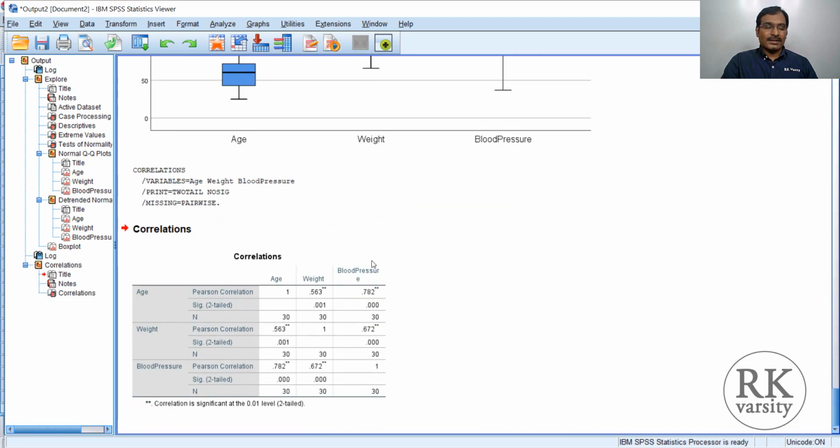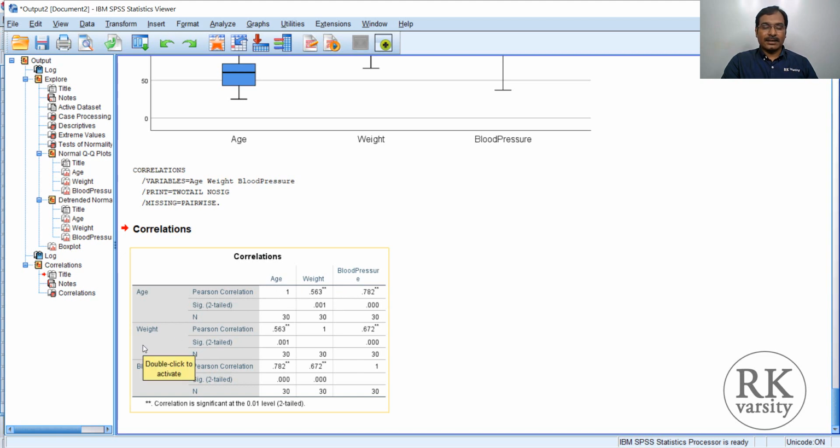Now you can see here the correlation between age and weight and age and blood pressure. There is a linear relationship and a moderate significant positive relationship. Here you can see the significance value 0.00, 0.00, which indicates that there is a significant positive correlation between age, weight and blood pressure.